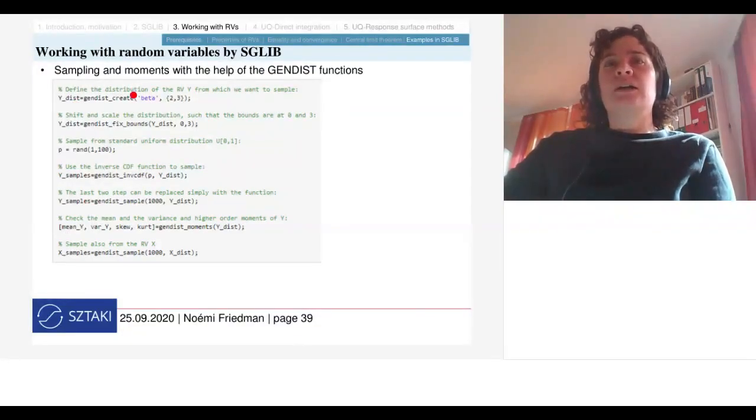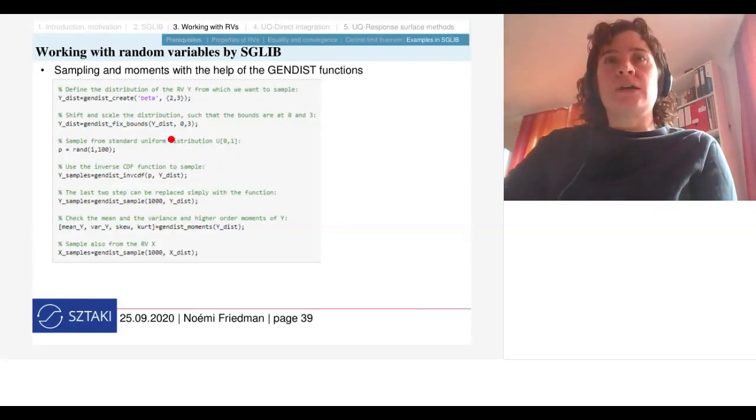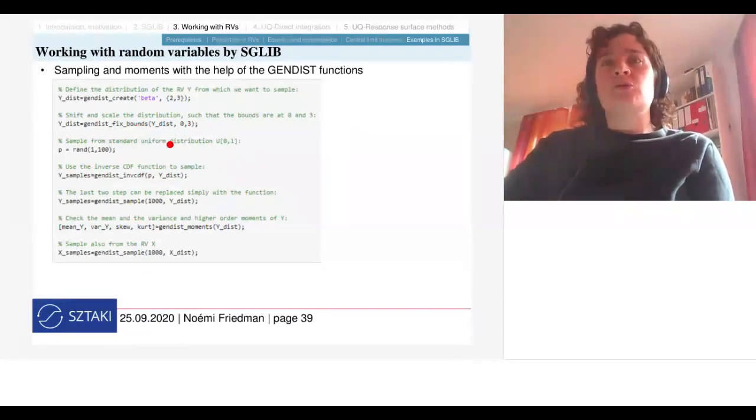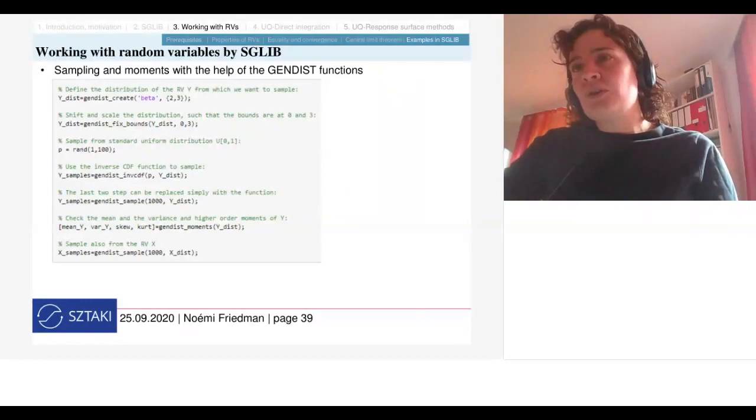You can see that there are different distributions, like the beta distribution. This is a bounded distribution. When you create a beta distribution, it will be bounded from -1 to 1, and you can change that by shifting and scaling, telling it to fix the bounds to, for example, 0 and 3. So the support of the beta distribution is something like, let me show you in a minute,